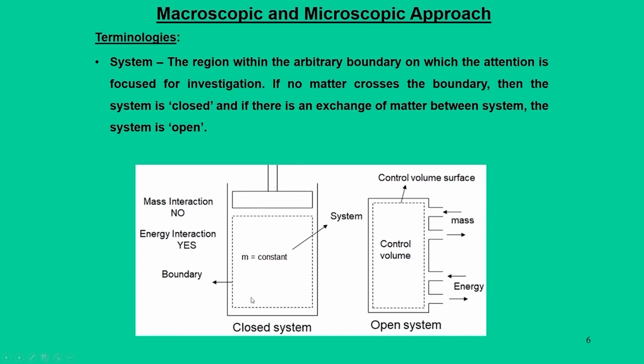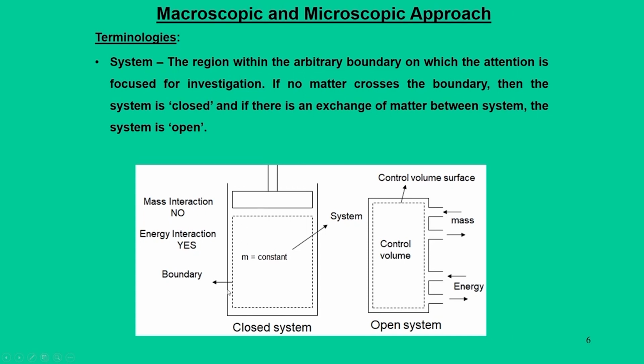This can be viewed as a piston cylinder arrangement where you have a constant mass. The piston can compress or expand this gas. Depending on the motion of the piston, the gas inside the cylinder is either compressed or expanded,